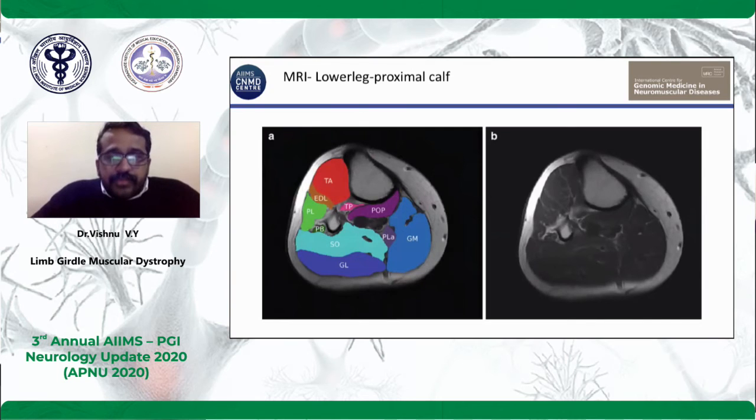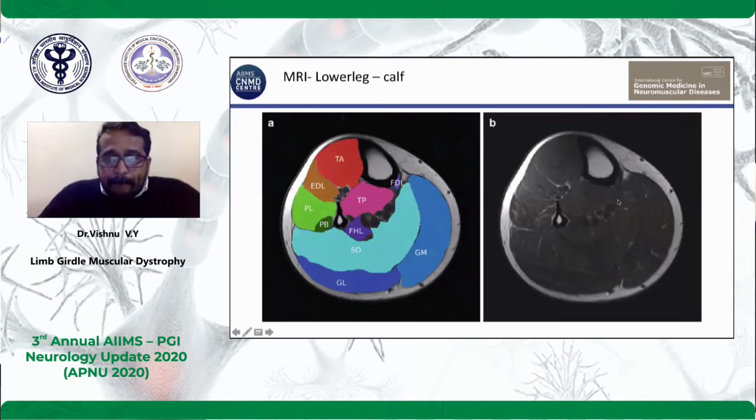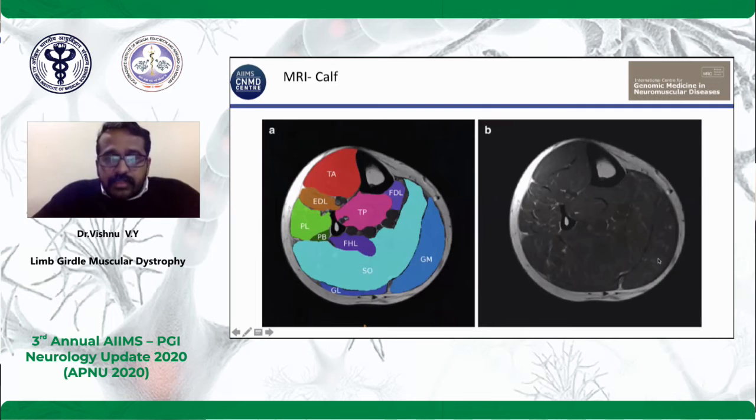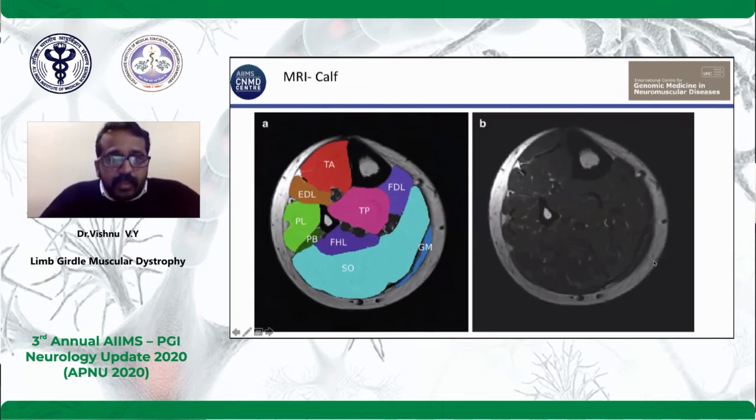Now coming to the calf, again, you have the tibia and the fibula. In the anterior part, you have the tibialis anterior, the extensor longus and the peroneus longus. You can see the soleus and the gastrocnemius, lateral and medial. Again, now we can see the whole soleus here, the medial part of gastrocnemius and the lateral part of gastrocnemius, the tibialis posterior, the tibialis anterior, and the other muscles in the anterior compartment. Again, you can see the same thing, the soleus and the gastrocnemius, a little bit lower in this cut.